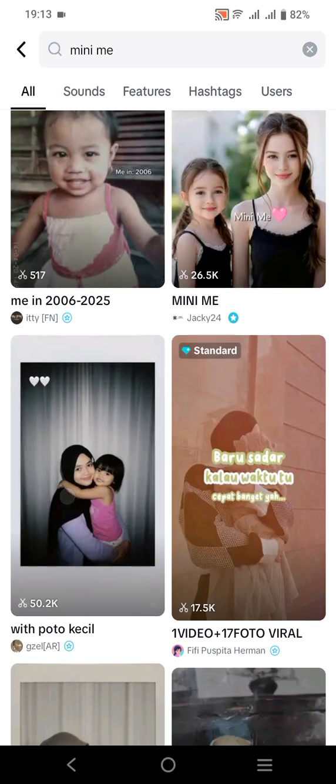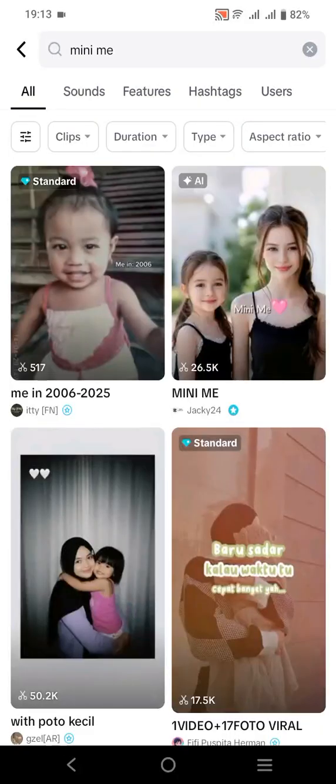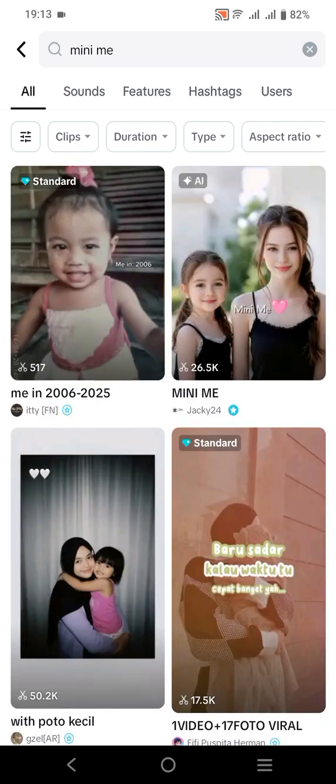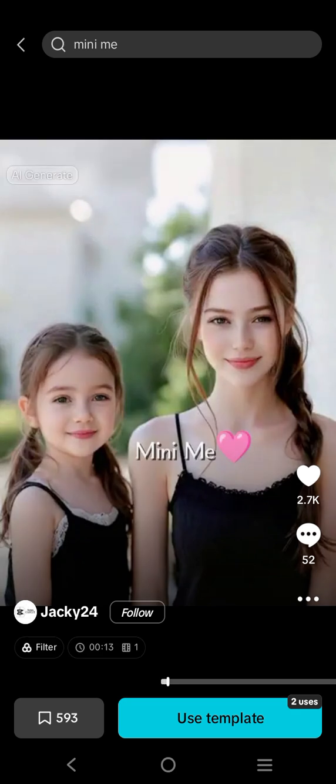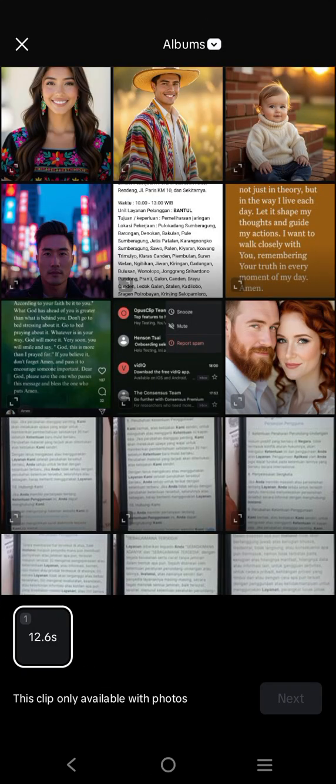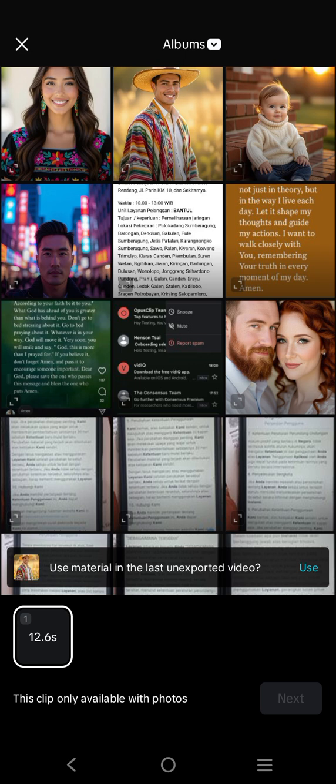And there are a lot of mini me effects. So here I will choose this one for example, and as you can see, this template will give you two chances to create the animation. So I will continue to use this, and after that it will direct you into this section to select a picture from your device. And for example I will choose this one,